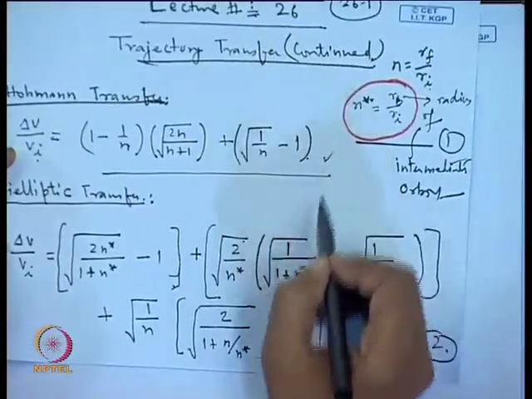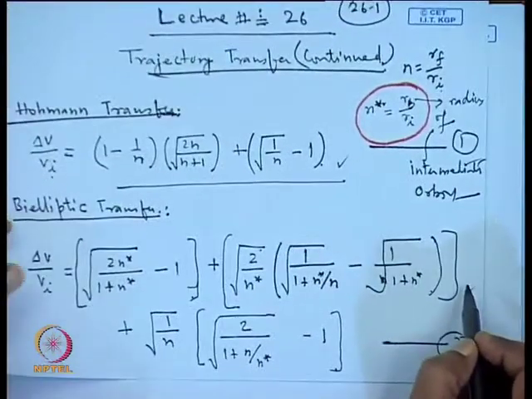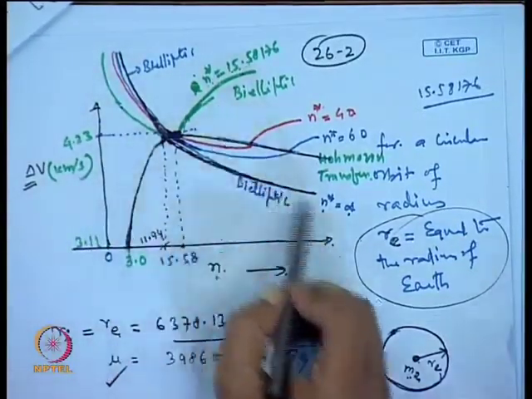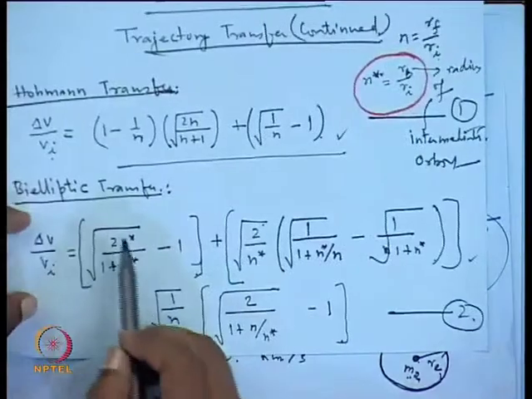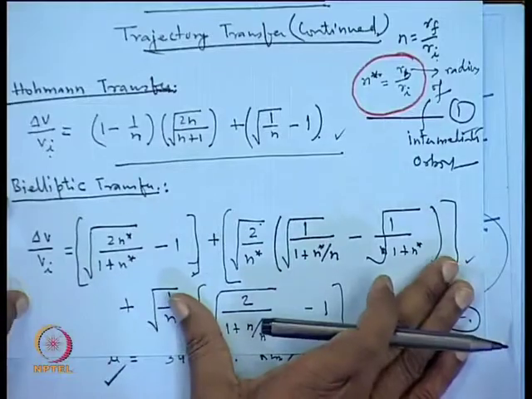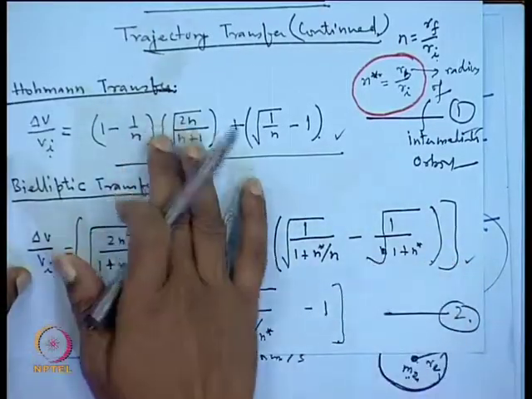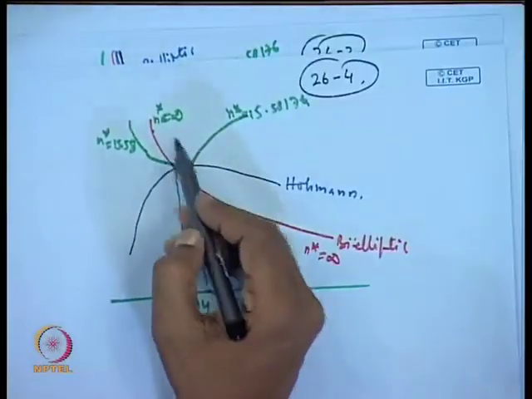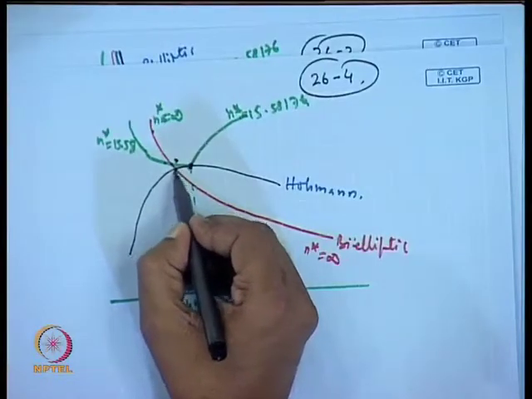Okay, so, wherever the two curves are cutting each other, that can be easily solved by using these two equations. We have the first, the Hohmann transfer equation, and this is the second, the bielliptic transfer. So, for the cutting point we are defining for the Hohmann transfer and n star equal to infinity, in the bielliptic transfer equation we have to put n star equal to infinity and this equation then gets simplified, and then these two must be equated to solve for this cutting point which I have shown here in this place. Okay.